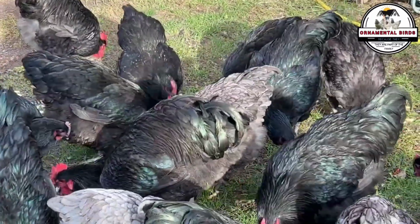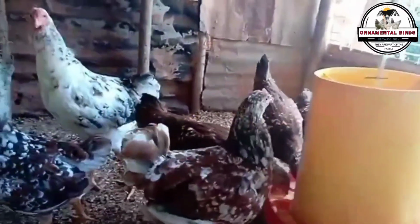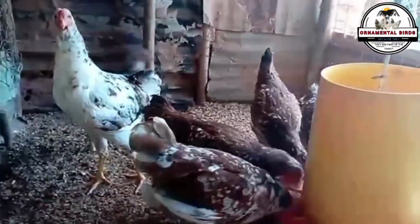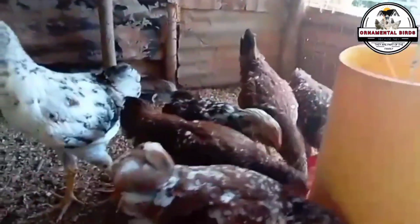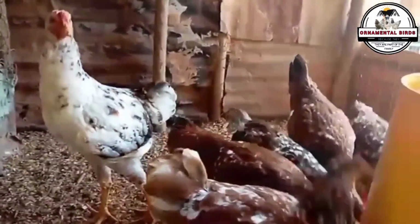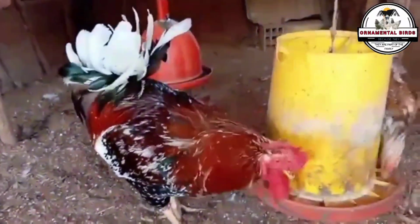Number 4. Mil Flor Gigante, Thousand-Flower Giant Breed. The Mil Flor Gigante chicken breed is a variety that has gained popularity, especially in Colombia, where it has been developed from selective crosses of Colombian Creole, local, breeds with foreign breeds. The goal of these crosses has been to obtain large-sized birds with showy plumage and good productivity in both meat